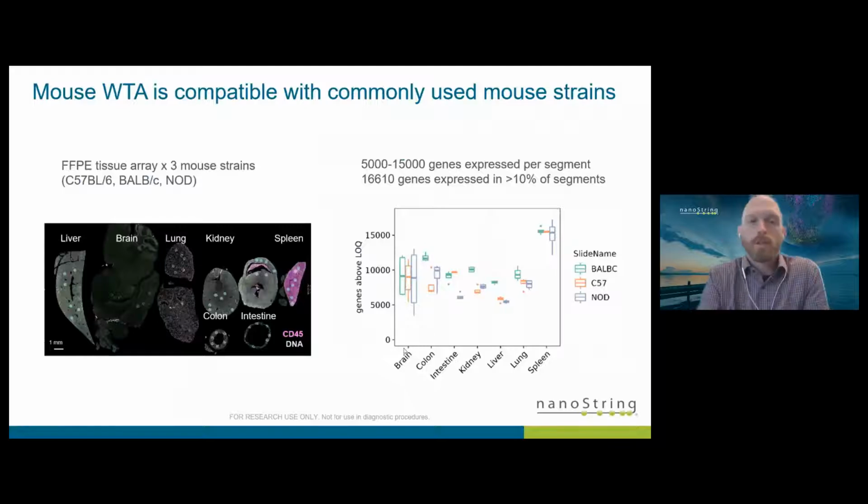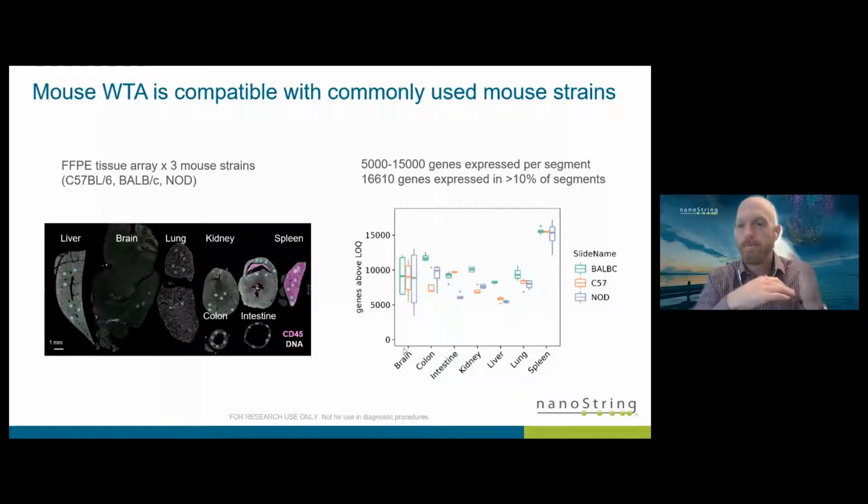You can also look across different tissues. We've worked with hundreds of different tissue types in human and in mouse. Here's an example of an FFPE tissue array. We've actually repeated this for a number of different mouse strains. But you can see there on the right, for all those mouse strains, the number of genes